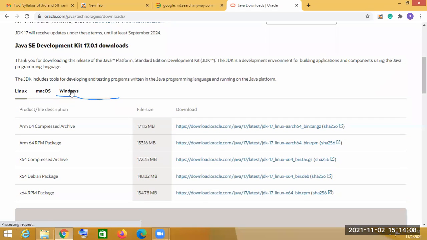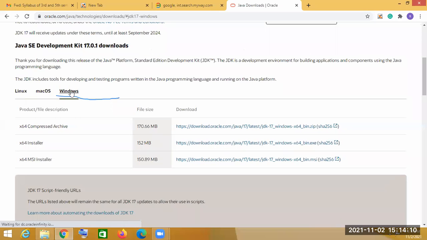Choose Windows from here, and from there choose the x64 compressed archive. Download this first. I have already installed it in my system, so I will not be able to show you. Download this first.